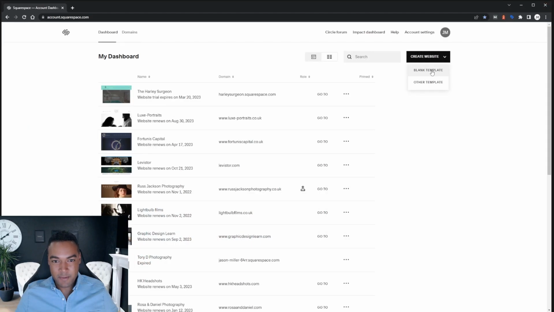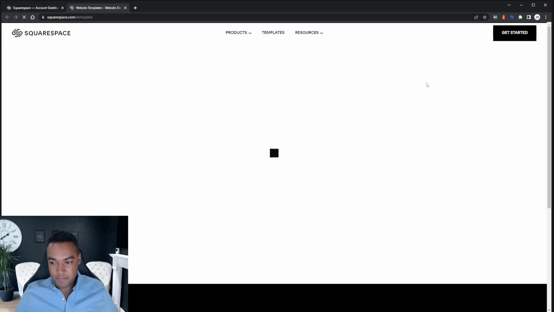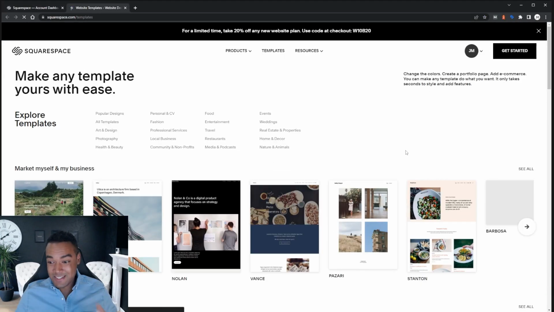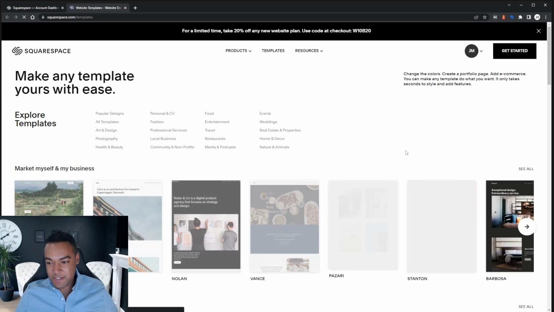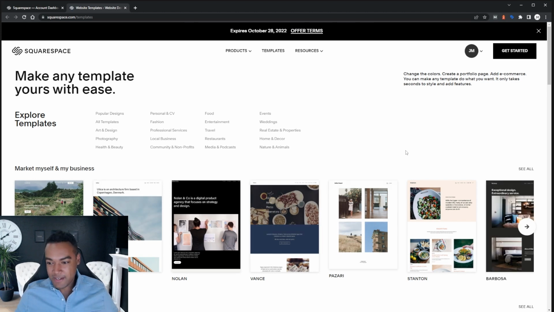and for my purposes, I'm going to create it so that this is linked to my account, so that as I'm teaching this class, I can log back in and I can take you through the stages. So here we are at this screen. Bear in mind, you won't yet have a Squarespace account, so you'll need to create one once you've selected your